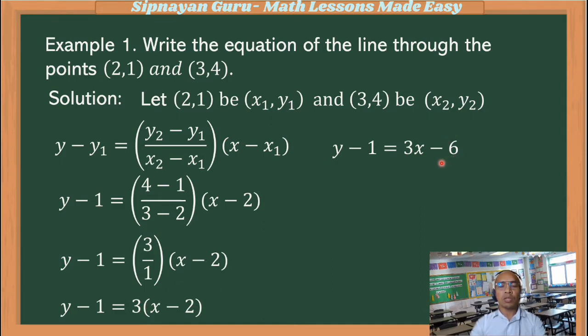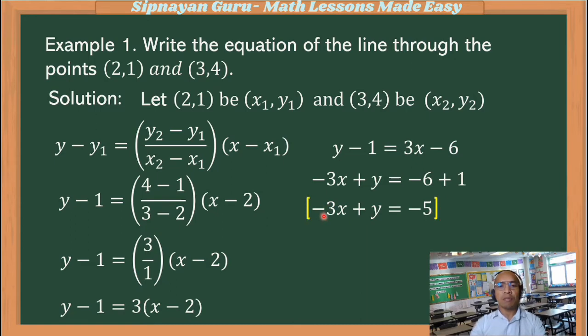Rewrite this into standard form. Transpose the term 3x to the left side by virtue of the addition property of equality. So this will turn to negative 3x. We just copy positive y. And this is equal to, just copy negative 6. Transpose negative 1 to the right. That will become positive 1. Further simplification, so just copy this expression. Then negative 6 plus 1 is negative 5.